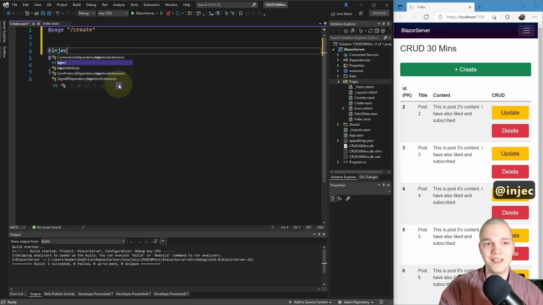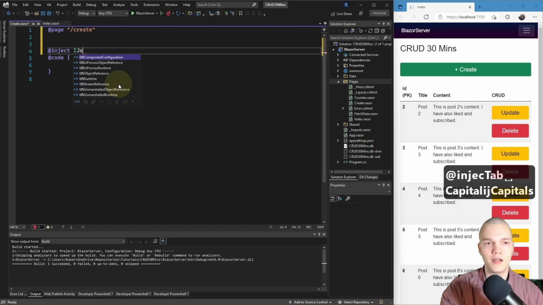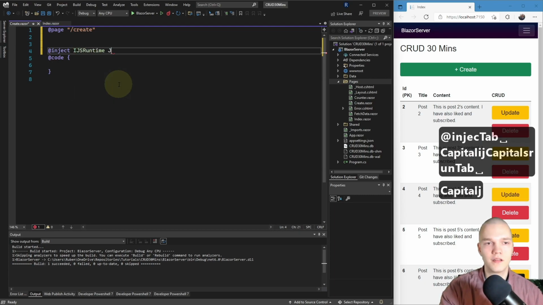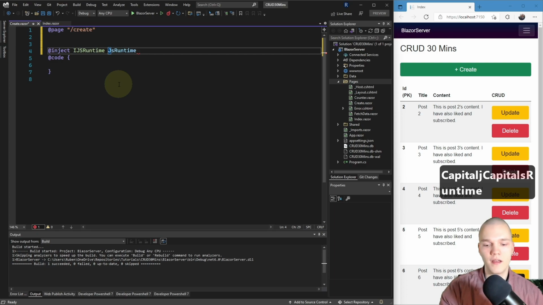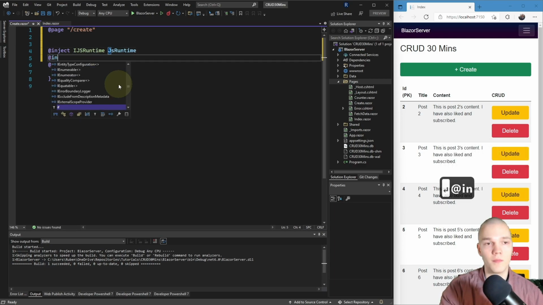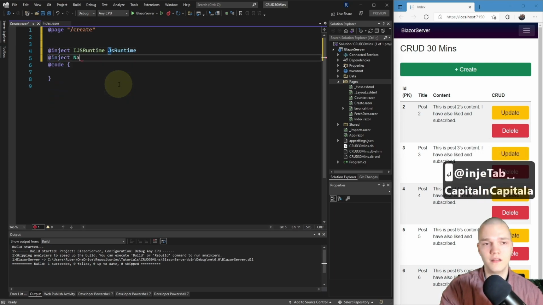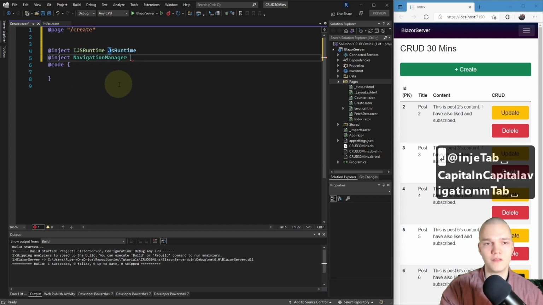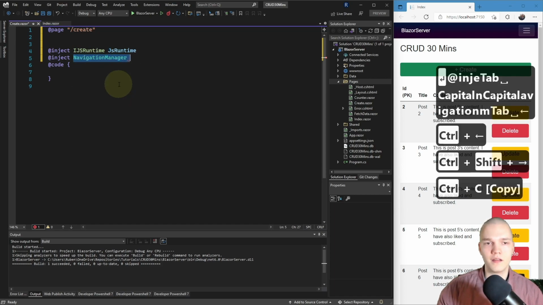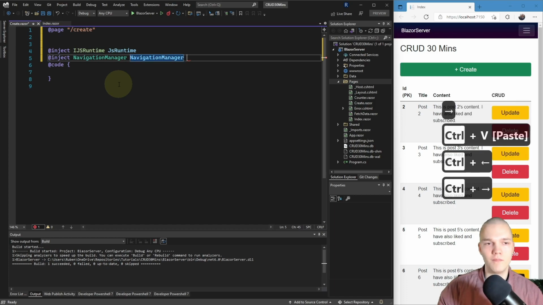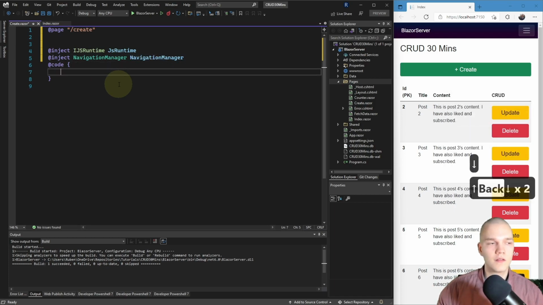So I'm gonna inject the IJSRuntime again, call it JSRuntime. And I'm also gonna inject the NavigationManager, and I'll give that the same name. All right, so that's how we can navigate in the browser with our C# code.